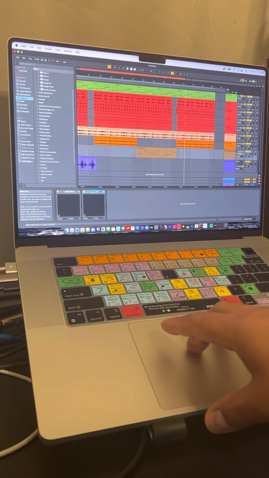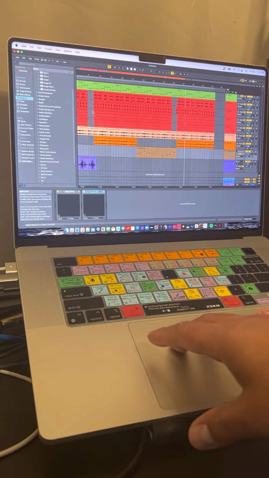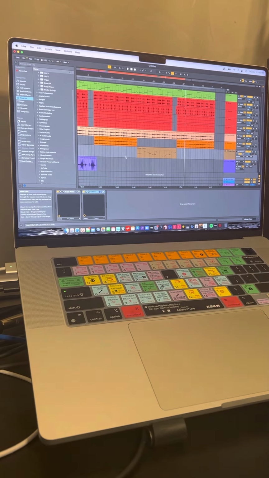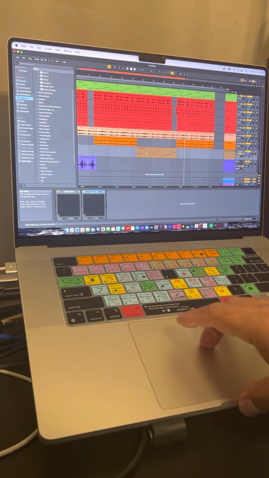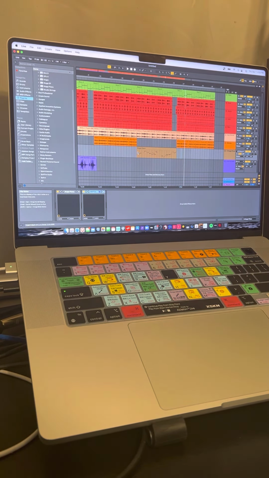But I kind of like the structure of the MPC. It makes it a little bit faster to get stuff done because of the way you can use MIDI and adjust notes if you need to, even like with the pianos and things of that nature. But I wanted, what have I done here? But I wanted to